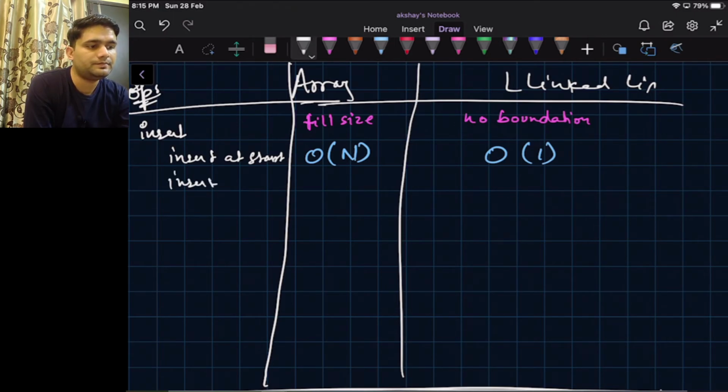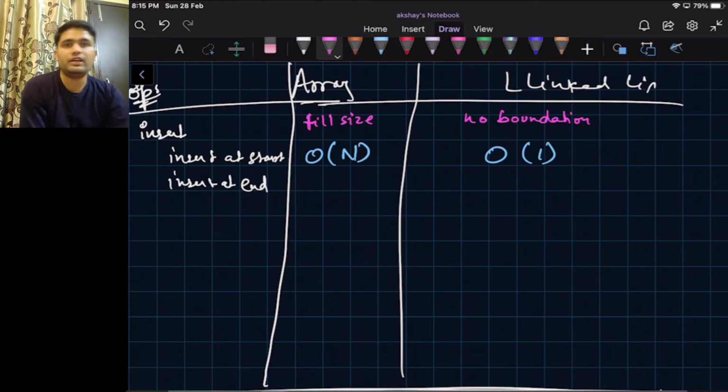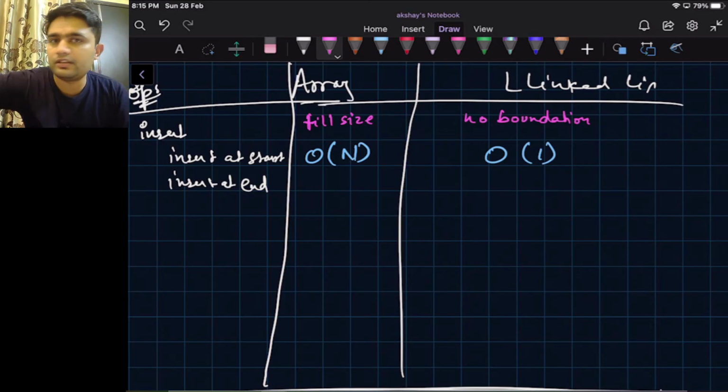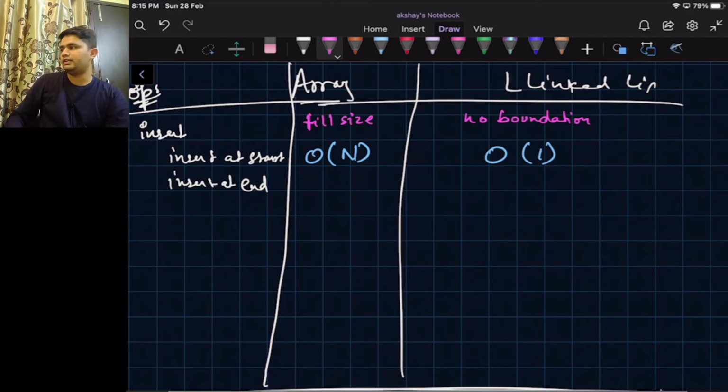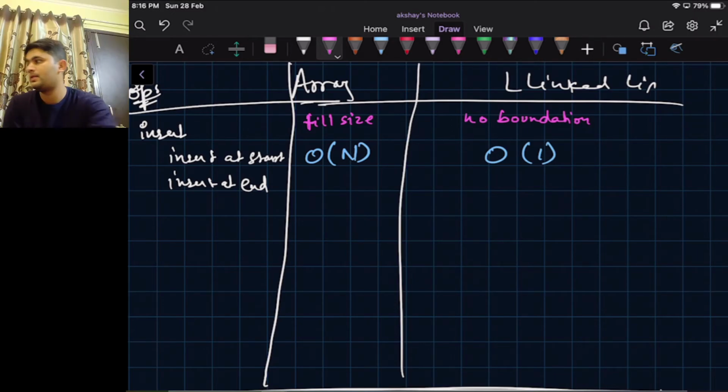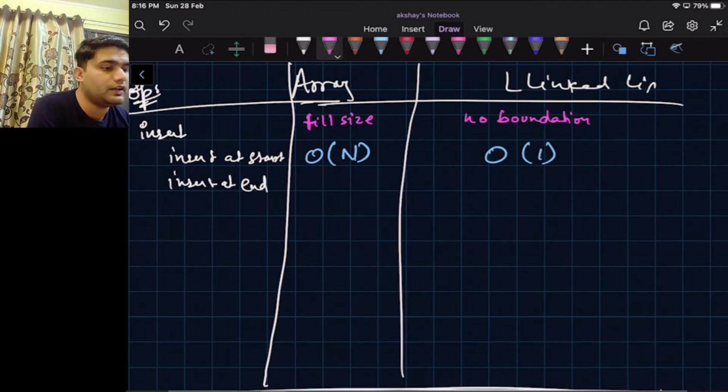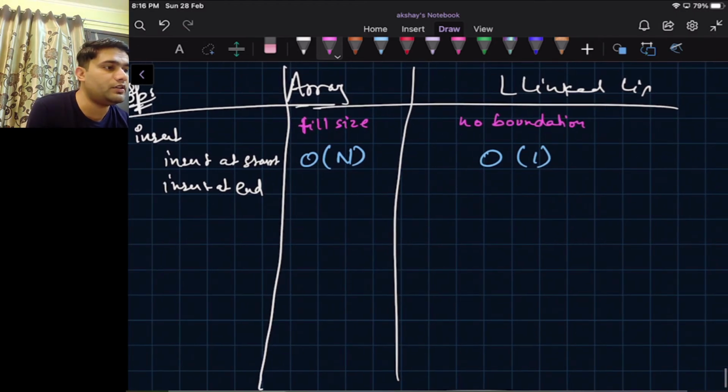Insertion at end. In a linked list, we have to traverse the whole linked list. But there is another way to do it. In a linked list we can have a tail pointer at the end of the linked list, and with a tail pointer we can have insertion in big O of 1.